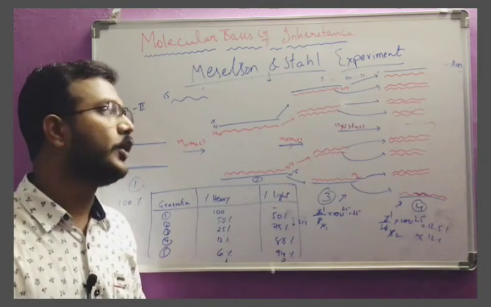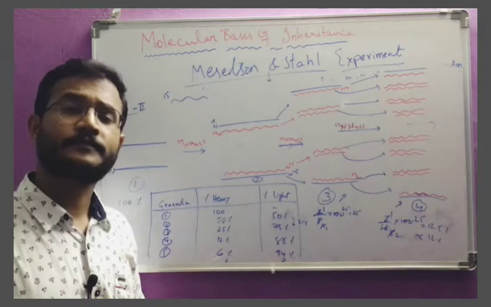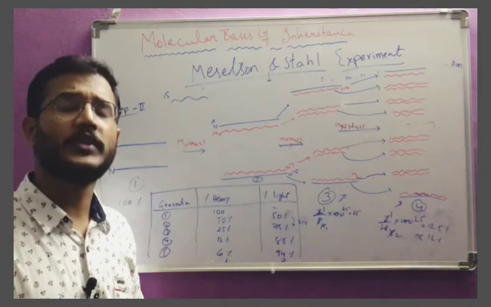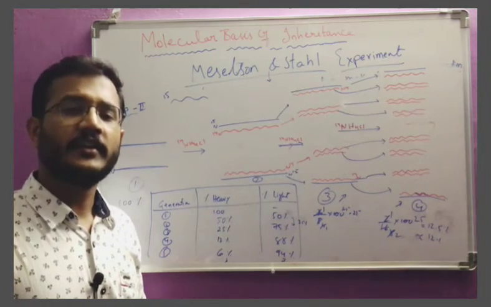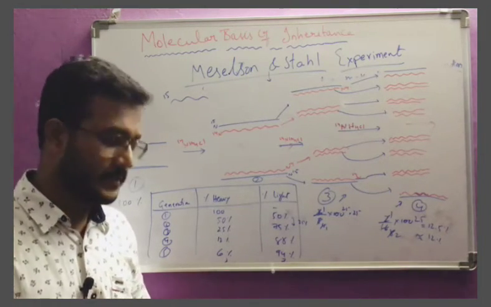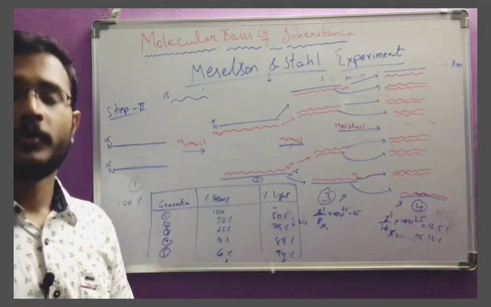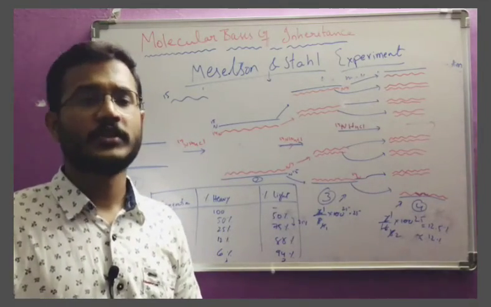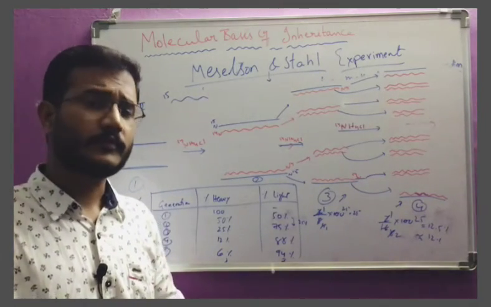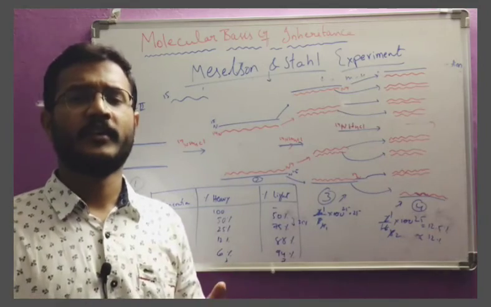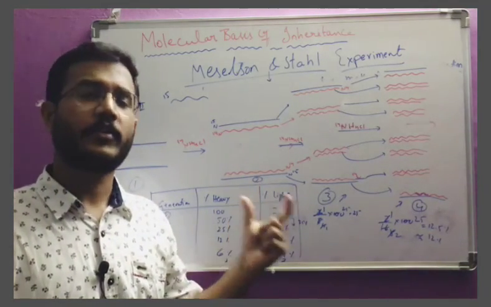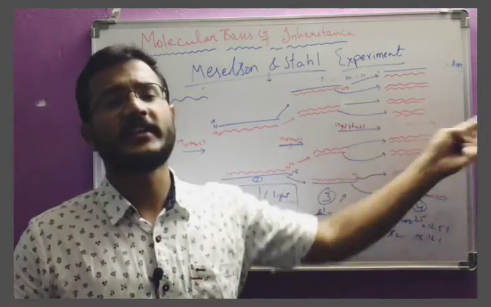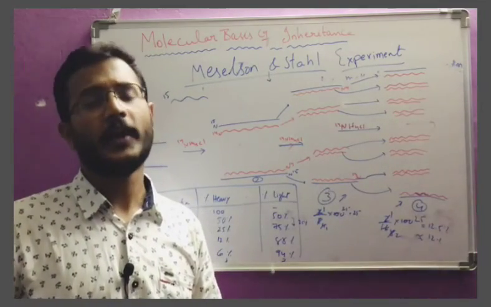So this is how they had performed the experiment to prove the semi-conservative method which was given by Watson and Crick. This is the famous experiment and you have to know this one. If you have any doubts, let me know. Practice this experiment multiple times by drawing the diagrams, and you can take further generations also, and you can try.